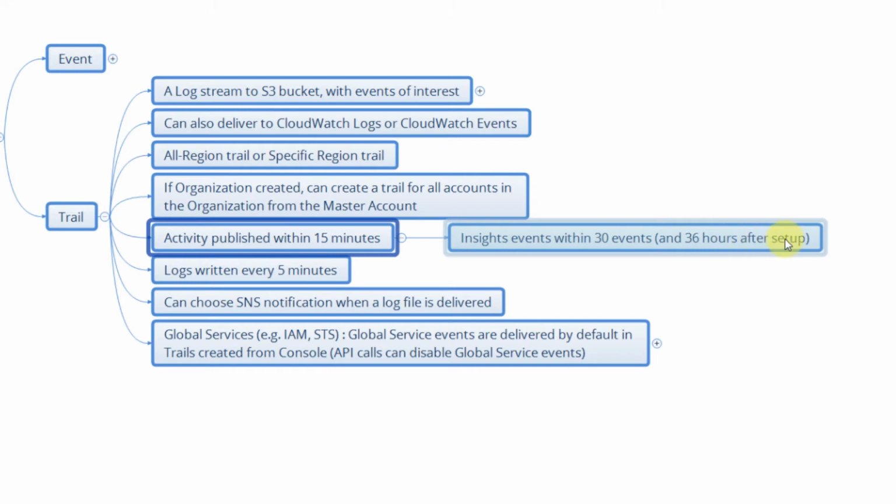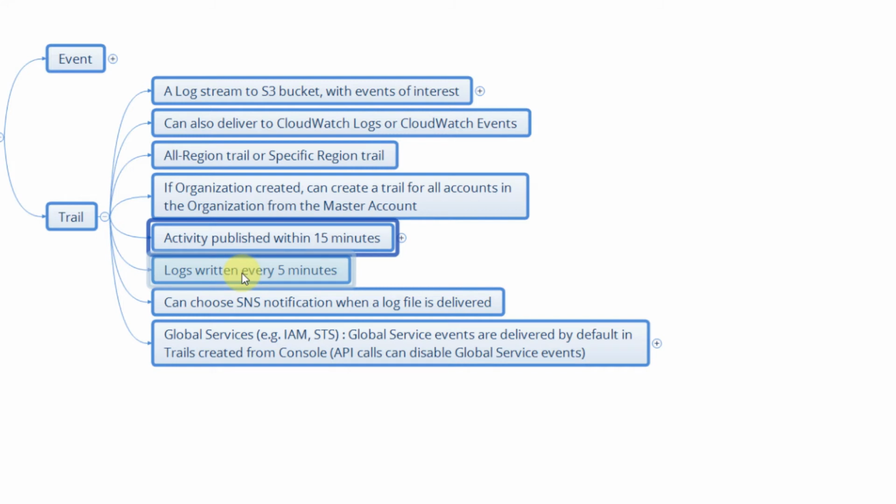It takes so long for the initial setup because AWS needs to analyze the write management events to establish a baseline first before it can figure out what an anomaly is. Logs are written every 5 minutes, and optionally you can choose to be notified via SNS when a log file